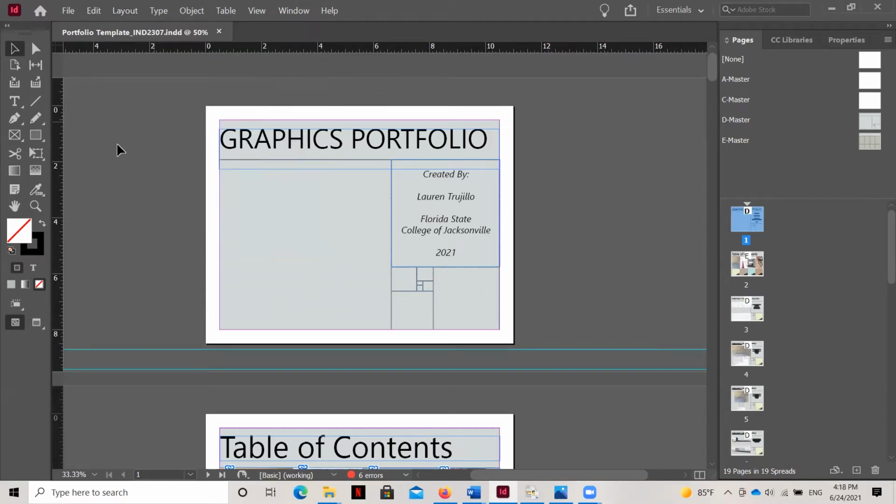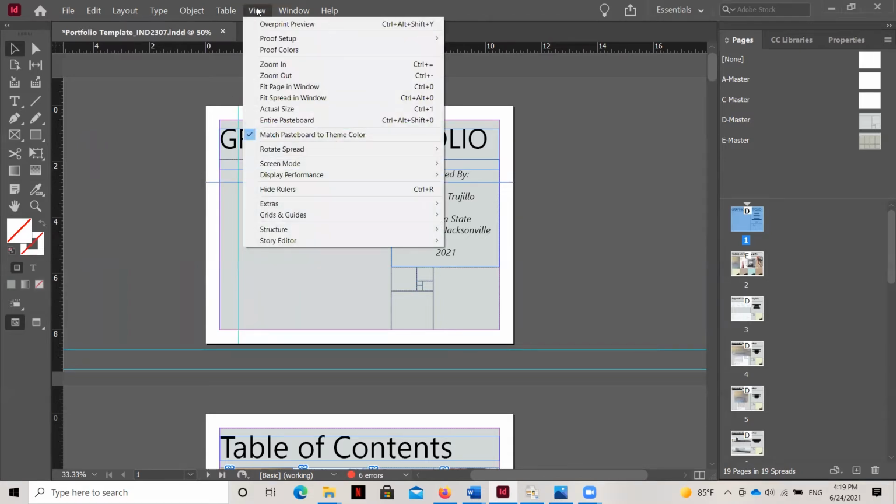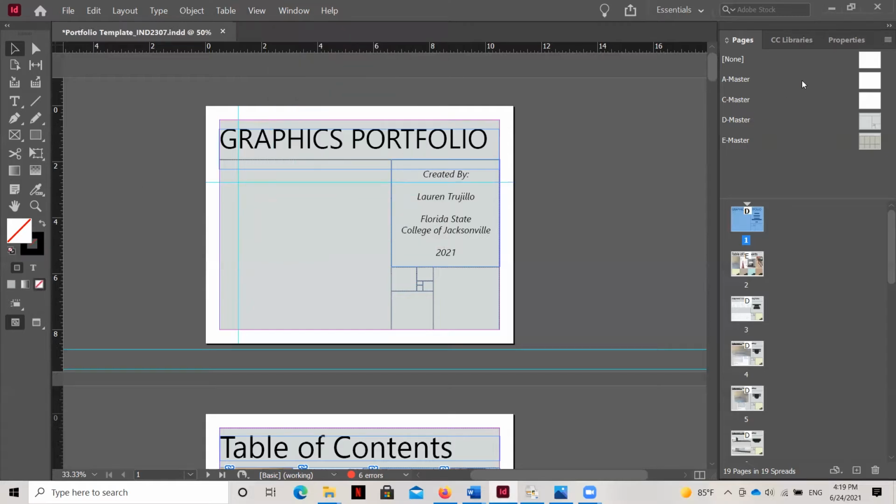You will see a ruler at the top and along the sides of your interface here. And these are really used to just provide guidelines. So for example, if you want to click and drag over here and let go, you now have a guideline on that side of your page. So you can use those rulers there. If you want to hide them, or if you can't see them, you can go to the view button and you'll see a button that says rulers, and the rulers will show once you click that, or you can click this and hide them.